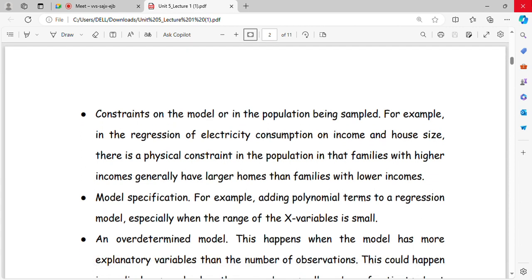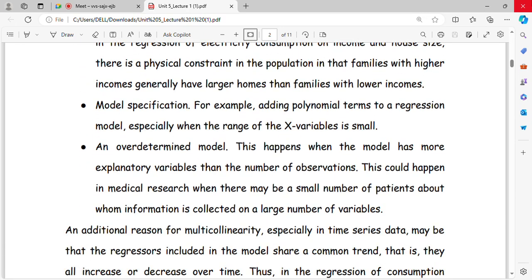Second is the model specification. For example, adding polynomial terms to a regression model, especially when the range of the x variables is small, তখন একটা প্রবলেম আসতে পারে। যদি আমরা রিগ্রেশন ইকুয়েশনটা হয়তো লগারিদমিক টার্মসে আছে বাট আমরা রিগ্রেশনটা লিনিয়ার টার্মসে নিলাম, তখন কিন্তু প্রবলেম আসতে পারে।